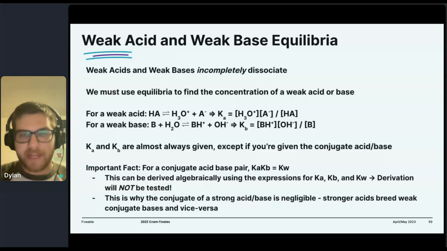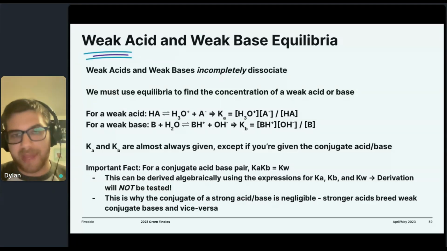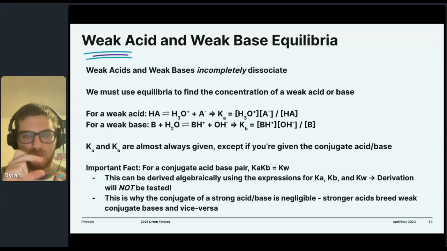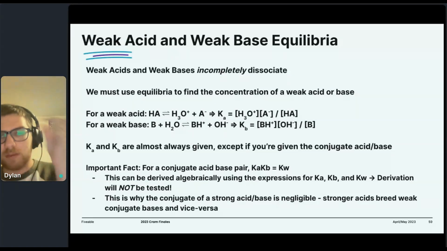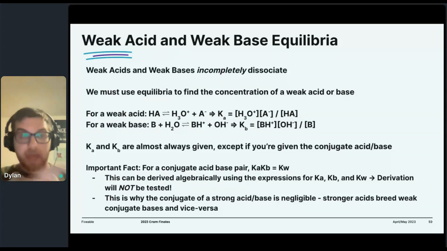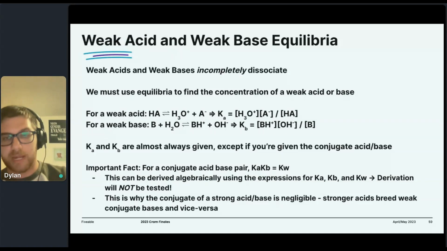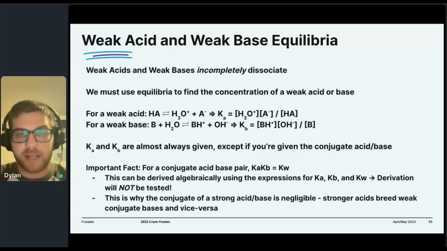Where, for example, HA, which is a generic acid, right? We don't know what A is, but it's some conjugate base. HA will split up and form H3O+, reacting with water, and A-, the conjugate base. Since HA is weak, that reverse reaction will also happen, where A- will take that H off the H3O+ and reform HA. So we've got an equilibrium. We've got the rate of H3O+ and A- creation and the rate of HA creation. And from that, we can plug that into the law of mass action and form an equilibrium constant